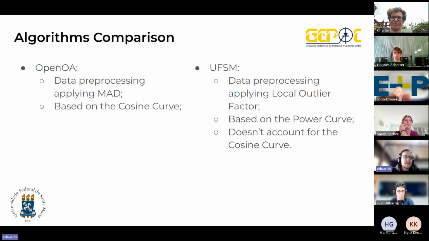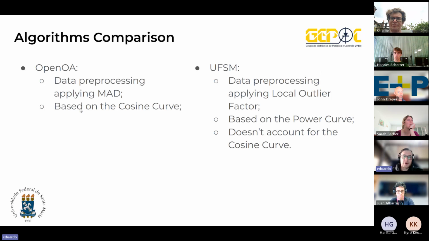So we basically compared two algorithms. The first one is the OpenOA that Hannes and Harika showed us the results for. And we also applied the UFSM algorithm, an algorithm we are developing in an R&D project that we are running here at the UFSM.